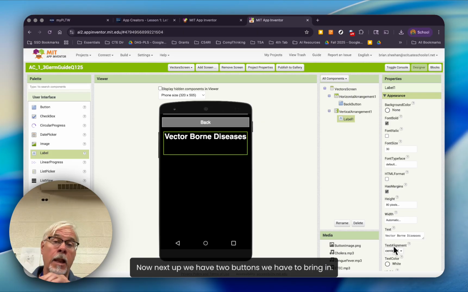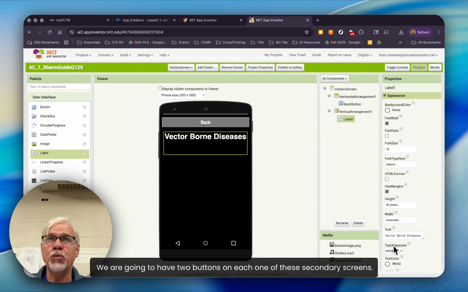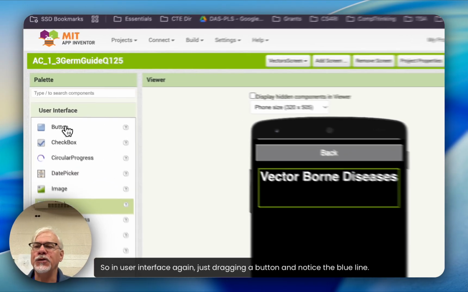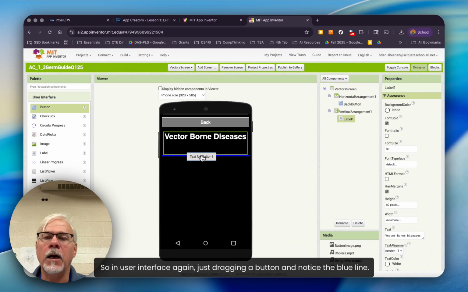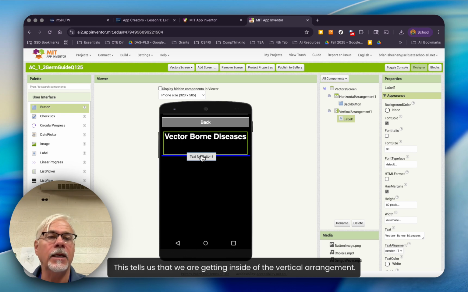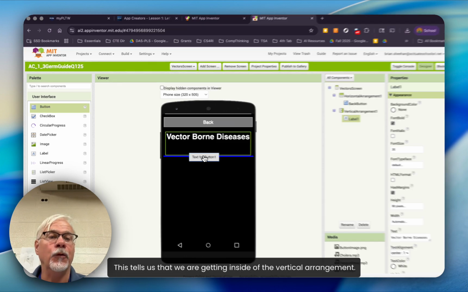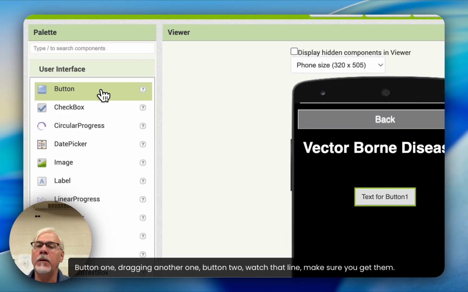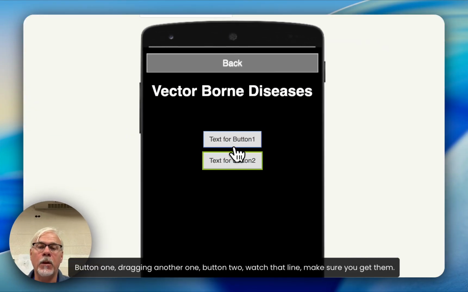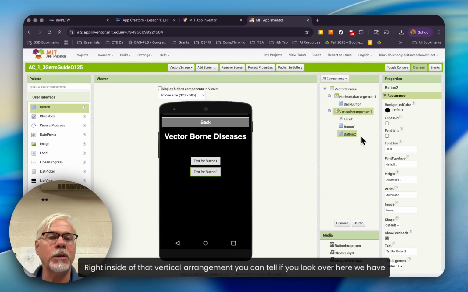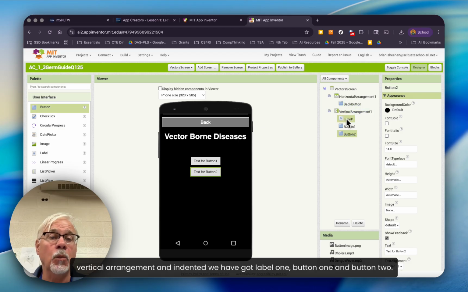Now, next up, we've got two buttons we have to bring in. And we're going to have 2 buttons on each one of these secondary screens. So in user interface again, just drag in a button and notice the blue line. This tells us that we are getting inside of the vertical arrangement. Button 1, drag in another one. Button 2, watch that line, make sure you get them right inside of that vertical arrangement. You can tell if you look over here, we have vertical arrangement, and indented we've got label 1, button 1,